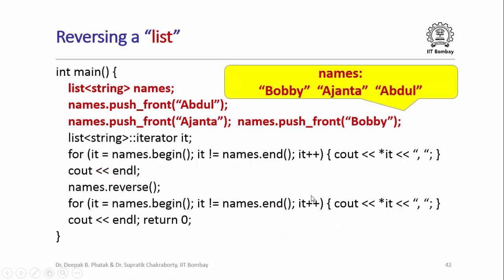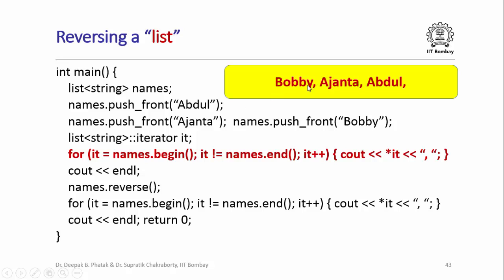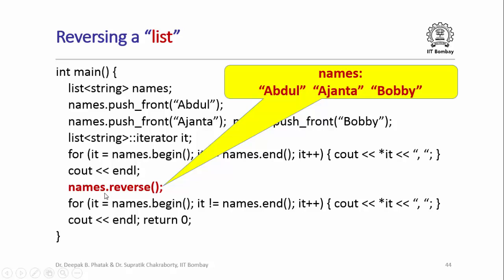The list class also provides a member function for reversing a list directly. So for example, here the brown part of the code creates this list, Bobby, Ajanta, Abdul. And now if I try to print out this list using a forward iterator, I will basically get Bobby, Ajanta, Abdul as the output. But after that, I could say